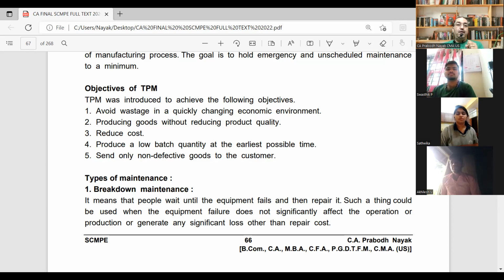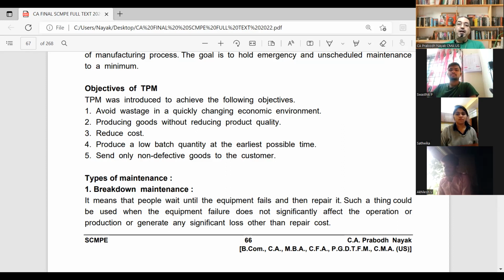Then you realize that 1 year has passed and I have not done any servicing of the bike. Now the bike has broken down and it has stopped working. So you take it to the mechanic afterwards. That means after there is a breakdown, you take it for repairs. It is for repairs, not for maintenance. So you don't maintain the bike for the entire year. And then when there is a breakdown, only then you realize that the bike needs attention and you take it to the mechanic. That is called breakdown maintenance.